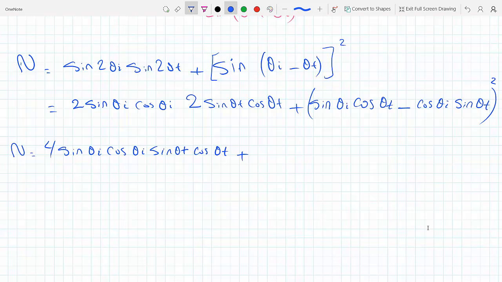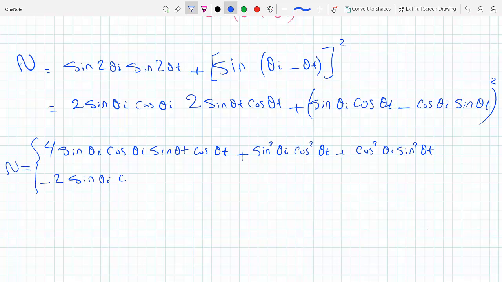So we will get sine squared theta I cosine squared theta t plus cosine squared, so square the second, theta I sine squared theta t minus 2 times the first times the second, so minus 2 sine theta I cosine theta I sine theta t cosine theta t, and you can see that these two are the same, so we can add them up